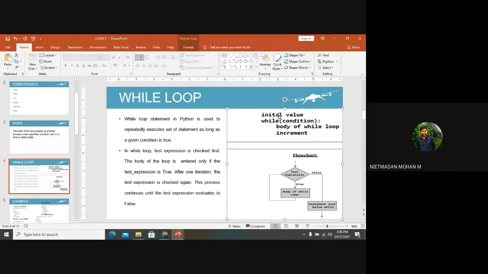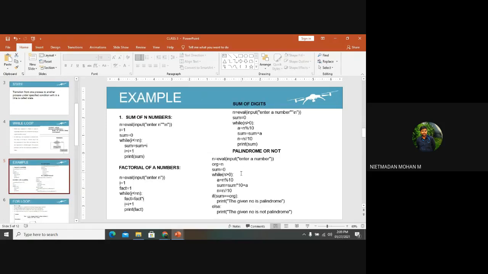So you can see here, we want to initialize the value and give the condition of the while loop, and then the body of the while loop, what functionality we are giving in the body, and the incremental part will be there in the while loop. Once the incremental part is executed, the condition will change according to it, and once the condition has failed, the remaining statements of the program will be executed. So we will move with an example here.